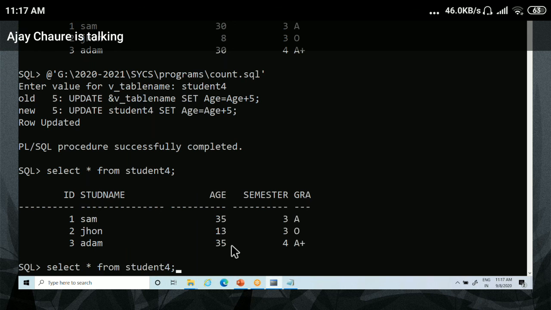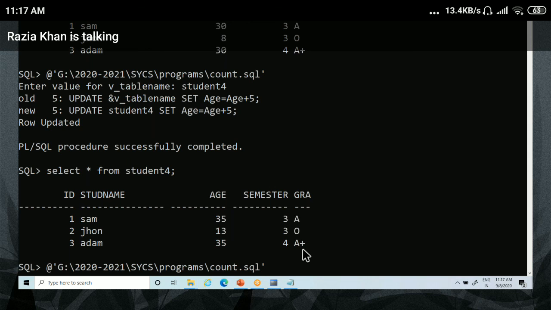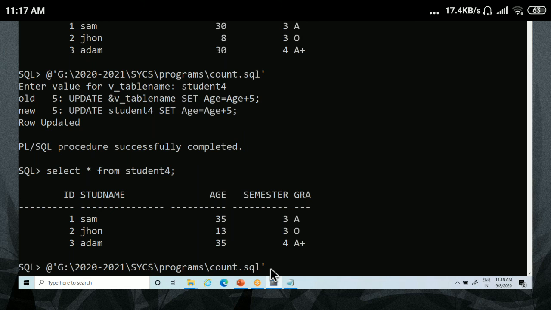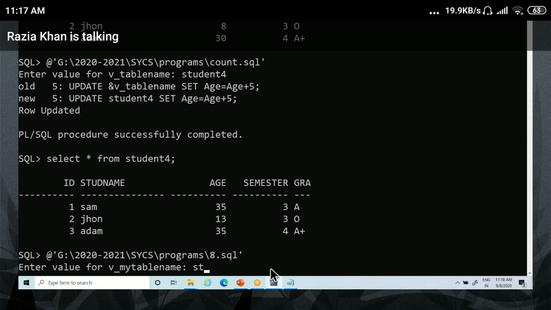Execute this query because this is your question number 8. So just run this question number 8. It will ask for the student table name. Just type the table name student, then 4 and enter. It will ask for ID, because in this question you have to take the table name and ID from the user. Whatever ID and student table name the user enters,